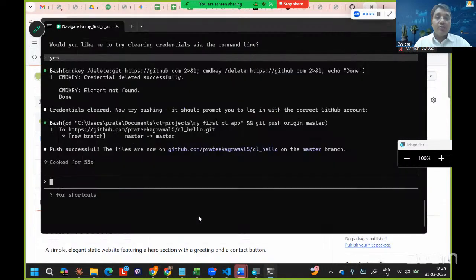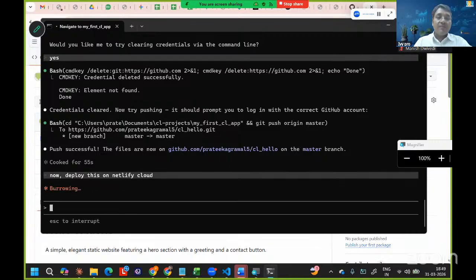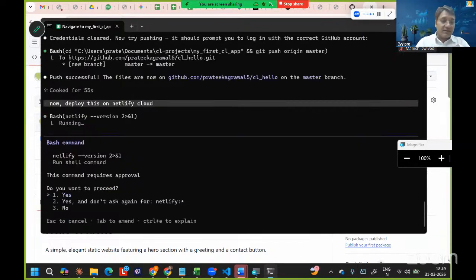The reason why we wanted to push it to the GitHub repository is so that from GitHub, I can host it onto a cloud server, right? So once it is there, then I can say, now deploy this on Netlify cloud. Okay. Now what it's going to do is ask me to log into Netlify, but since I have already logged in,